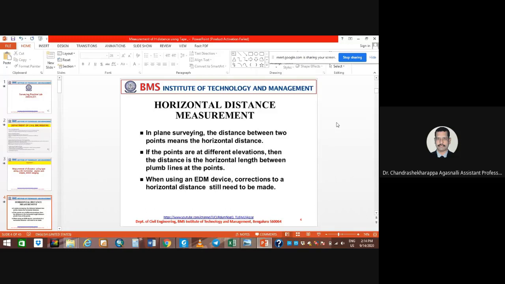If you use total stations, it will automatically take it as a horizontal distance. If you use the tape, mainly you are going to use manual methods. So when using the EDM, electronic distance measurement, corrections to horizontal distance still need to be made